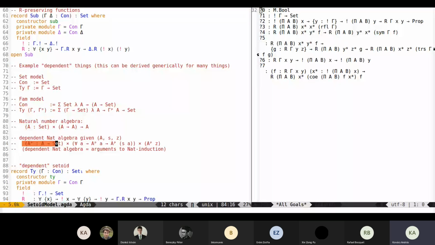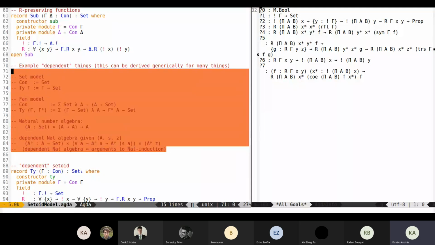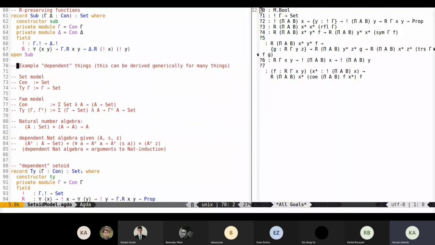So this is the predicate that we want to prove, and then we have to show that the successor preserves the predicate, and we also have to show the predicate holds for 0. And these are the arguments to the natural number induction, and then we get something, but these are only the arguments. Okay, so with these examples, I only want to illustrate that dependent things can be given automatically for any kind